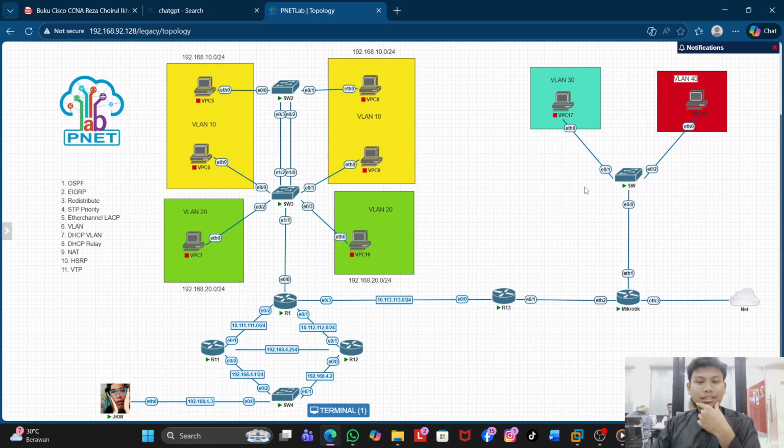My mentor told us to make the Super Lab, configure it, and present the Super Lab that I made on my YouTube channel. So this is my Super Lab. I will explain it to you.